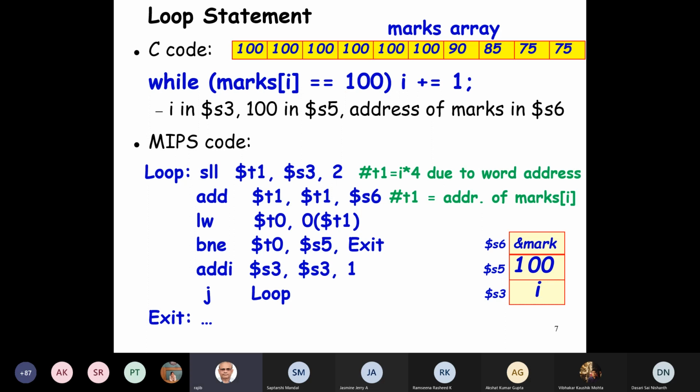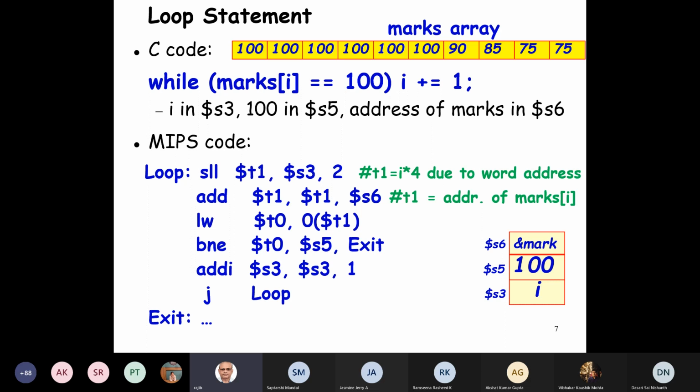The C snippet for this will be: while marks[i] is equal to 100, i plus equal to 1. Now, how do we write the MIPS code? So here we have this loop setup, jump to loop.